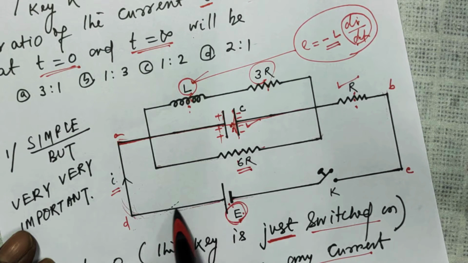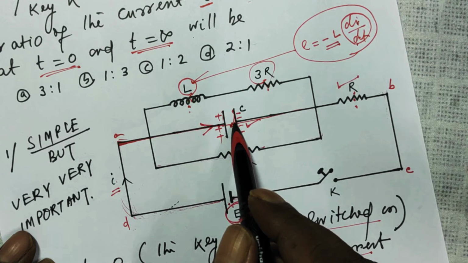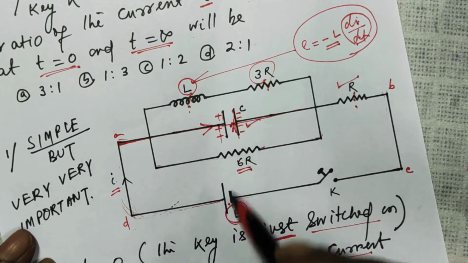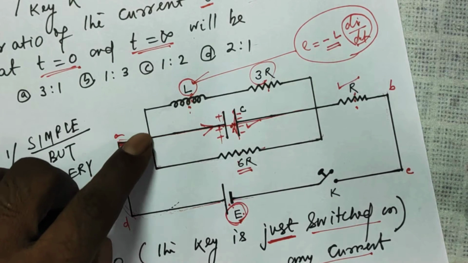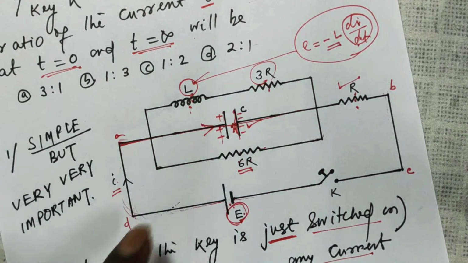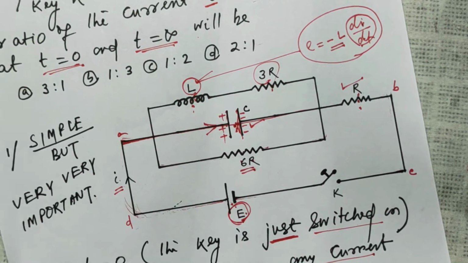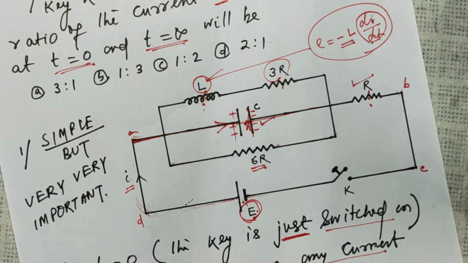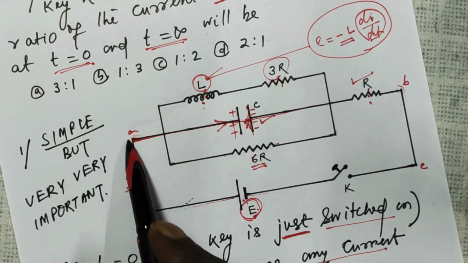So the water flowing from here will pass to this low level first, right? That is the same thing as saying the capacitor will be charged first. Nothing will go to this side until this is fully charged, right? Until this is fully charged, no current will flow through 6R. So in the first case, at t is equal to 0, this part of the circuit is complete,